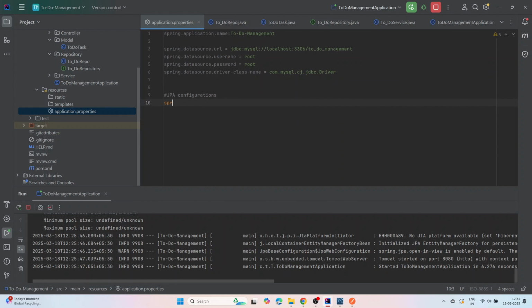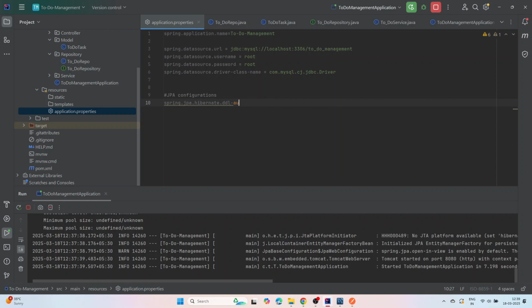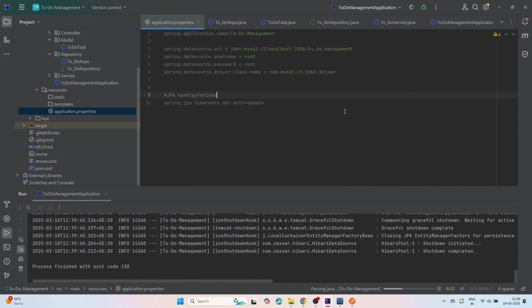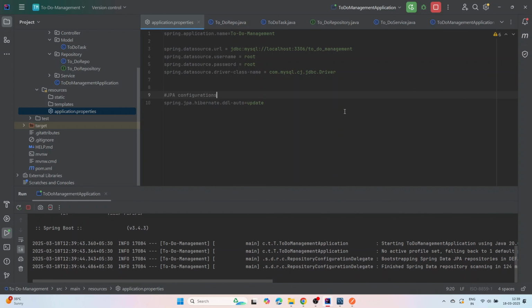Let's type spring.jpa.hibernate.ddl-auto=update. So basically this will update the table, and we need to mention these JPA configurations along with the data source details. So now let's restart the application and wait for some time,